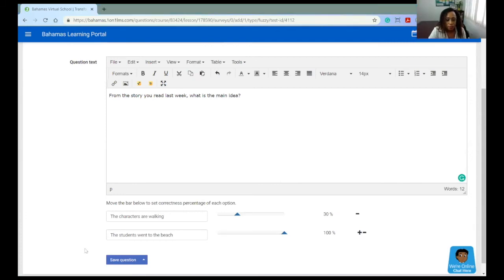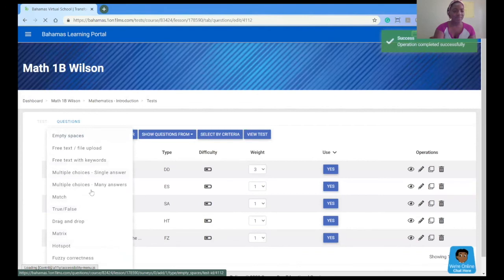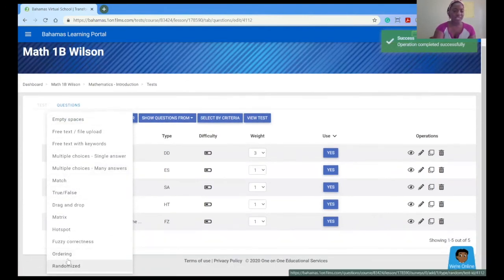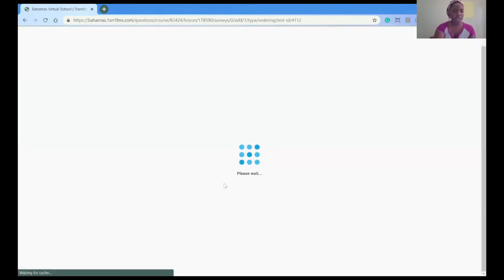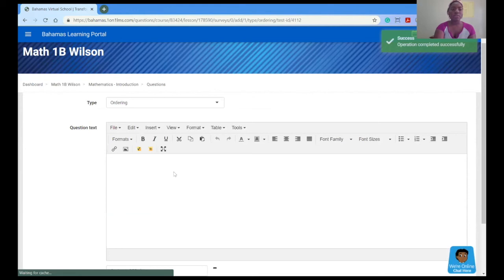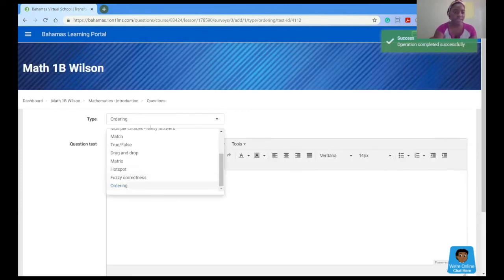All right, so I'm going to save this very bad example of a question and just go to the other two, which are ordering and randomized. So it's pretty self-explanatory. With the ordering, you would enter the text for the question, add the answers, and your students should set the order. They're able to actually drag and organize it. And for randomized,